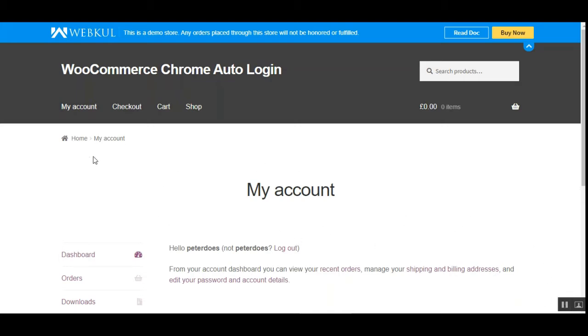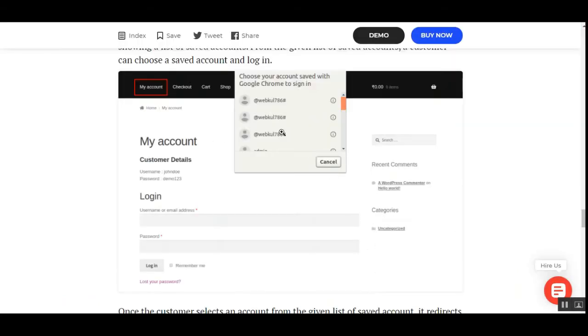Let me show you how the customer can do that. So this is how you just need to tap here on the my account button that has been configured under the menu configuration for the plugin in the backend. So after tapping that up, you'll see another pop-up here, the same one that you just saw while we were first time signing into the customer's account. And within this, the customer will find different accounts that the customer has saved, so the customer can tap any one of them to automatically log into that particular account.